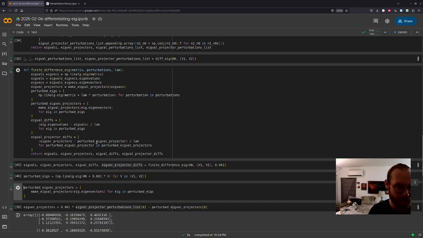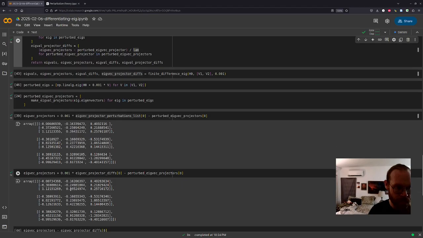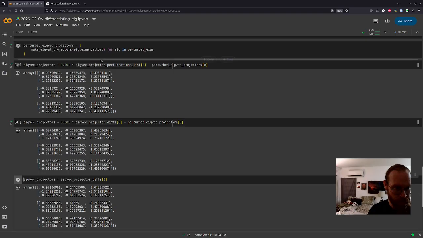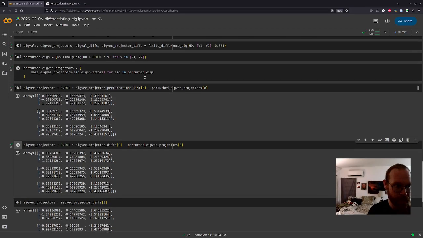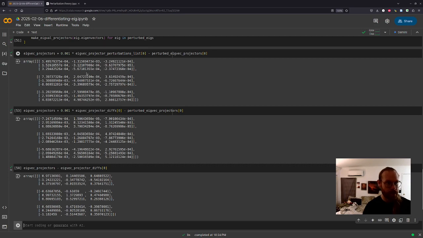Finite difference. Have I made that mistake here? Here I did use lambda, so that's fine. Why do these look exactly the same? Good grief. Okay, some of these got smaller, I think.